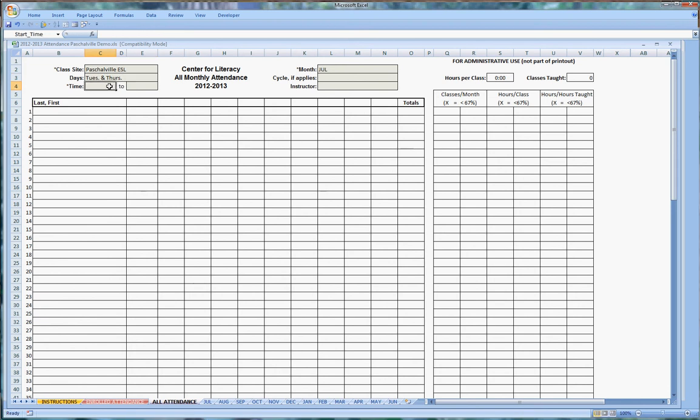And the time for Pascalville is 10 o'clock to 1 o'clock. So 10 o'clock to 1 o'clock. Oh, how interesting. 10 o'clock a.m. to 1 o'clock a.m. Yes, the time here has to be entered with a.m. or p.m. or you can enter in military time. It turns out that military time for 10 o'clock a.m. is